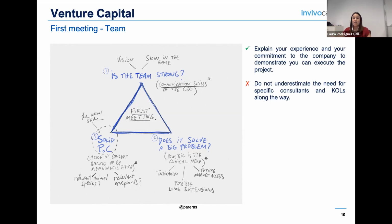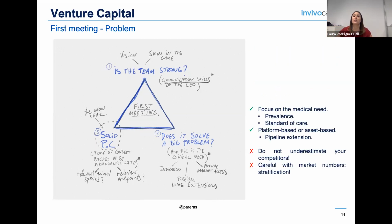The second part would be the problem. You need to explain to us why the problem that you are trying to solve is big. And it can be big in two ways. It can be big because the prevalence is very high, but sometimes even though the prevalence is not high, such as in orphan diseases, the medical need is very big because there is no alternative solution. So therefore, we are also interested in medical needs when there is no high prevalence, but you are solving a very big problem, right? So on the one hand, you need to explain a little bit about the indication, but also